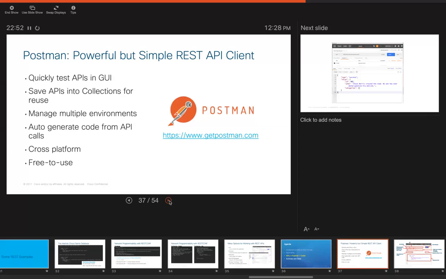Thanks, Patrick. And then there was one more. So a student has commented that they've done all the webinars so far and done the learning tracks from DevNet. They were wondering if there is any course or training in depth related to APIs, more specifically on the collaboration side, that you could recommend.